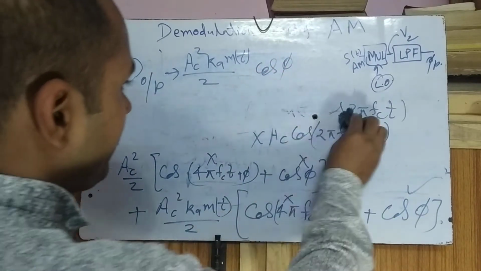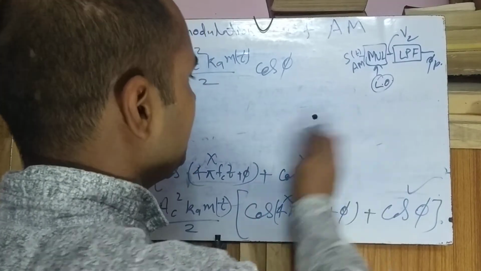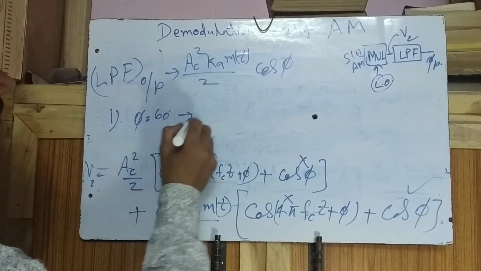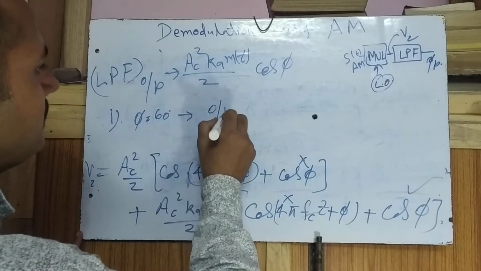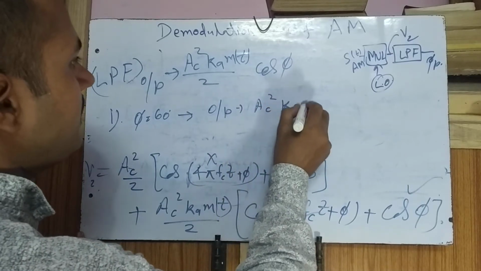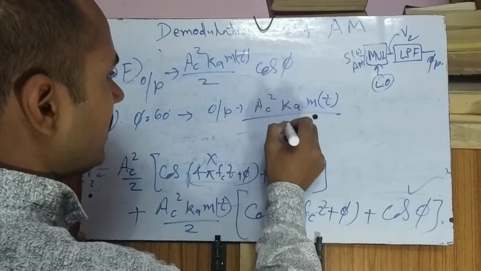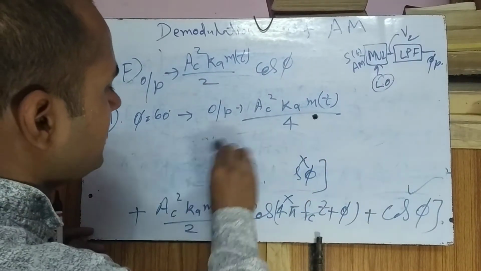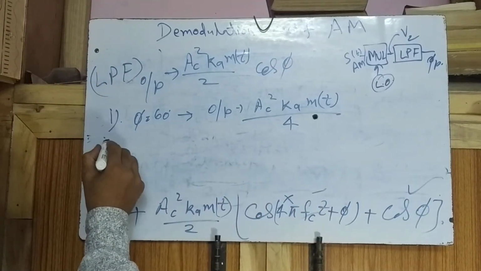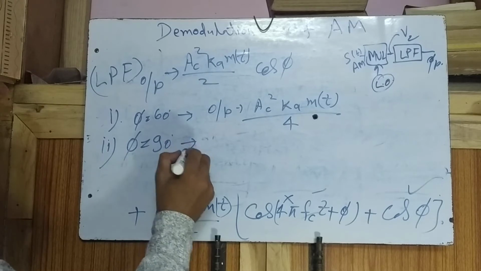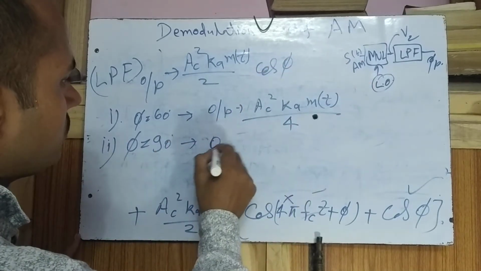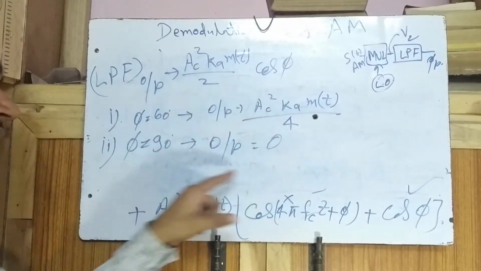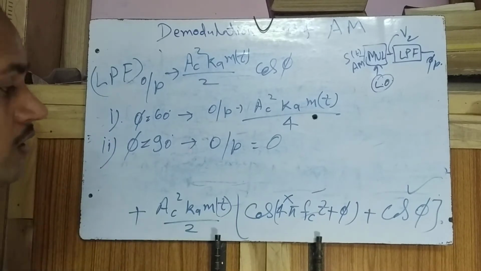If phi is 60 degree, cos 60 is 1 by 2. Case 1, phi is equal to 60 degree. So the output will be Ac square ka m(t) by 4, since 1 by 2 into 1 by 2 is 4. And second case, if phi is equal to 90 degree, cos 90 is 0, so the output will be 0. We send a message from the transmitter end, but at the receiver end we are getting 0. So that is the problem,